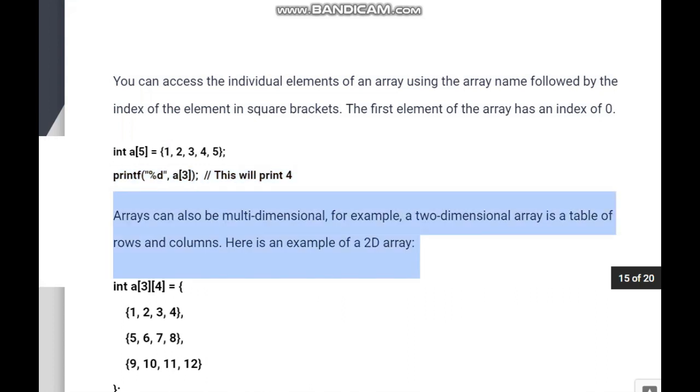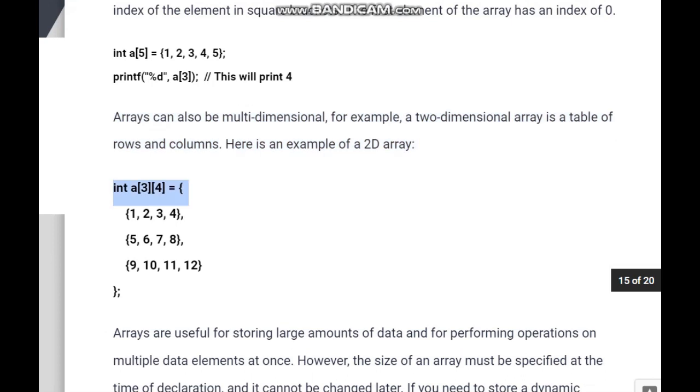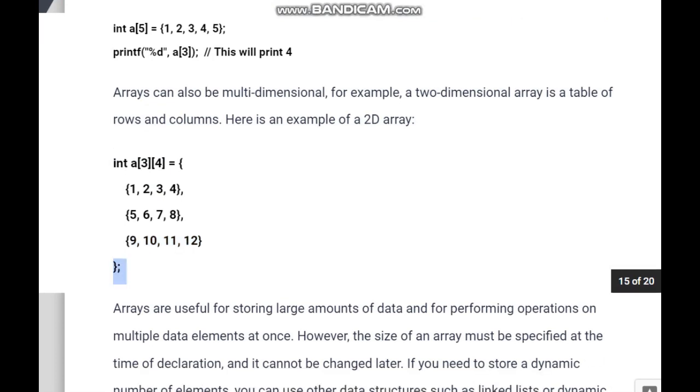Arrays can also be multidimensional. For example, a two-dimensional array is a table of rows and columns. Here is an example of a 2D array. int a[3][4] = { {1, 2, 3, 4}, {5, 6, 7, 8}, {9, 10, 11, 12} };